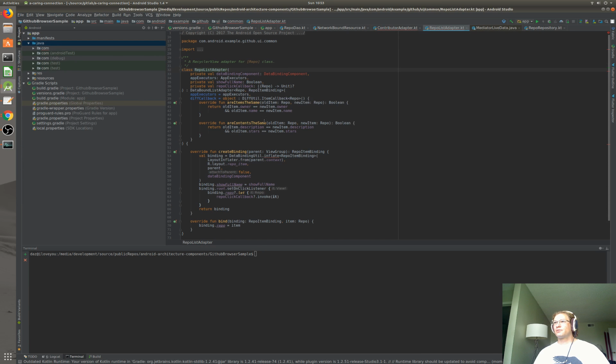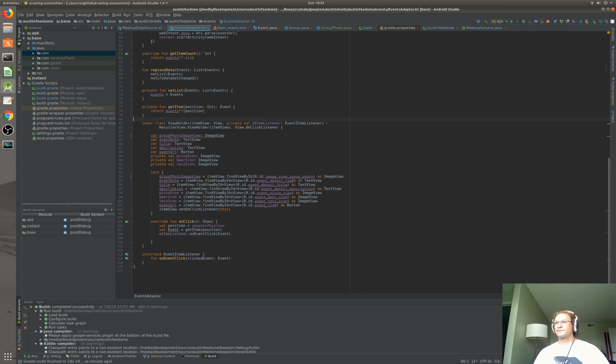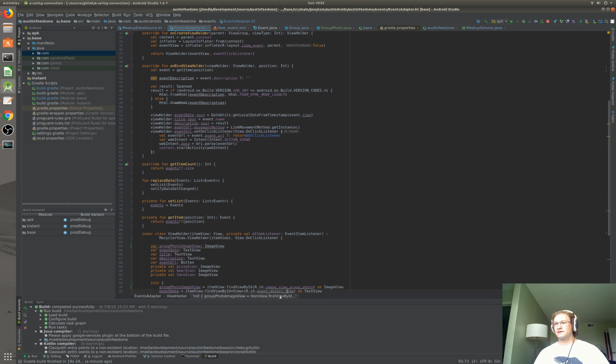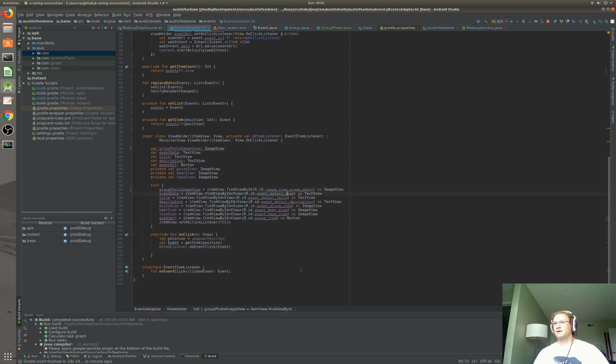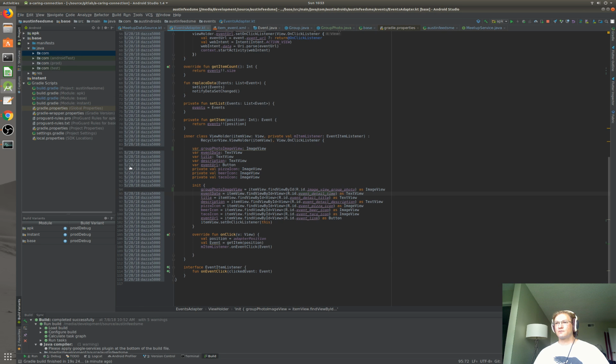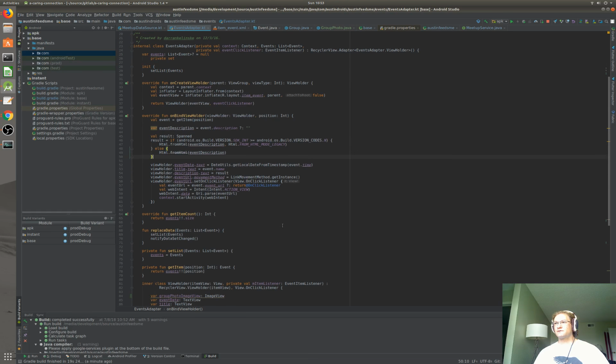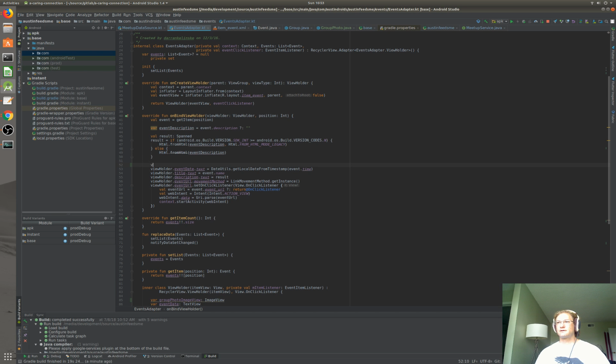Yeah, they're using data binding. Okay, so we're not using data binding on this project. But now what we can do is bind up here in our onBindViewHolder. And yes, I understand we can make a bind method, but this project has been working for a long time, so not everything is